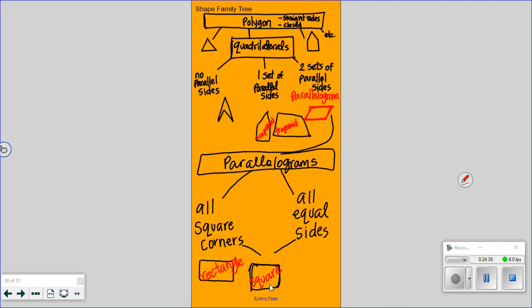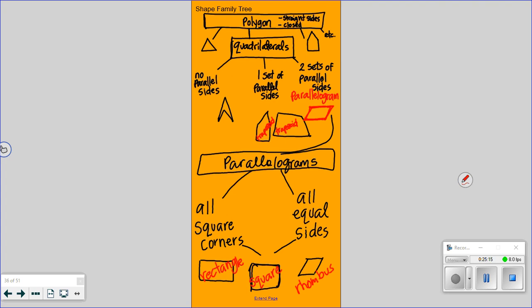I know things with all equal sides are hard to draw. Be careful drawing them like this, because sometimes you accidentally draw a square. So I'm going to just flip it a little bit, Lydia, just to make sure we're not drawing a square, if that's okay with you. I'm going to draw it just like I do my parallelogram. Now, Lydia's not wrong. I can turn that sideways and it'd still be a rhombus. I just want to make sure she wasn't drawing a square. So we're going to label it